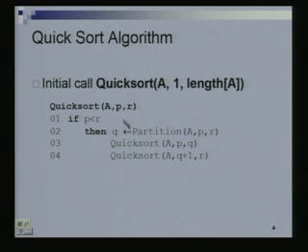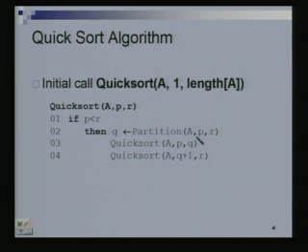What do I do? I first find the partition of this part, p to r, right? I invoke the previous procedure, partition A, p comma r. What does it do? It rearranges the part of the array between p and r such that everything which is less than the pivot is in the initial part of the subarray, and everything that is more than the pivot is in the later part of the subarray. And what does it return? It returns the demarcating line, so to say, right? So that the lower half is going from p to q, and the upper half or the larger half is going from q plus 1 to r.